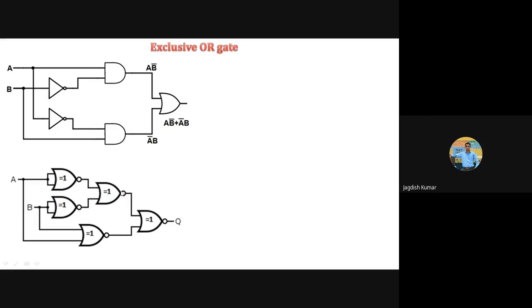Now A NOT or B NOT, whole NOT, isn't it? A NOT or B NOT whole NOT. I hope you are getting this and following it up on your notebook. So this is going to give you A NOT or B NOT whole NOT. Now you apply De Morgan's theorems here.